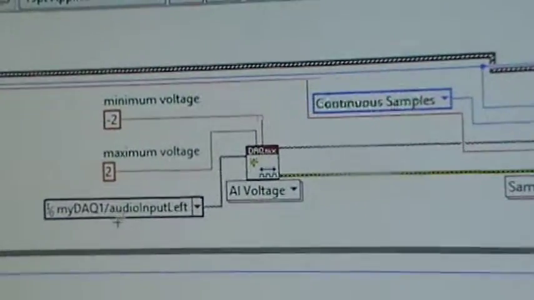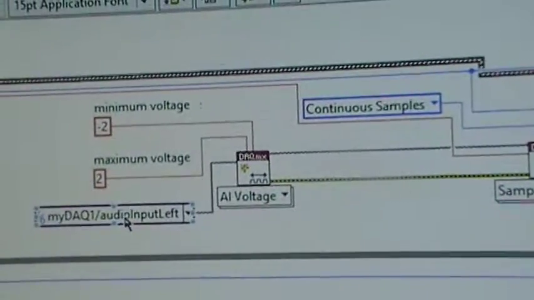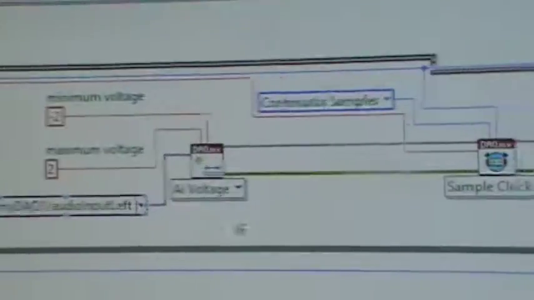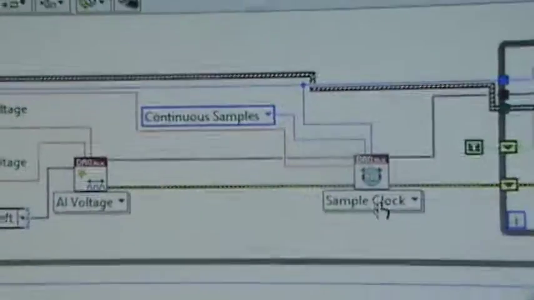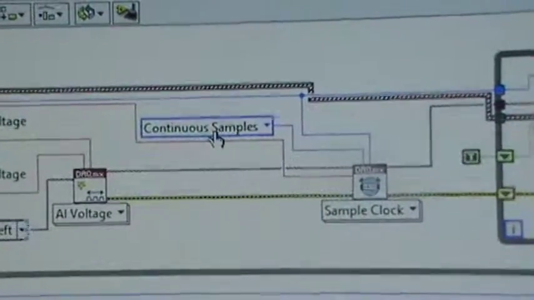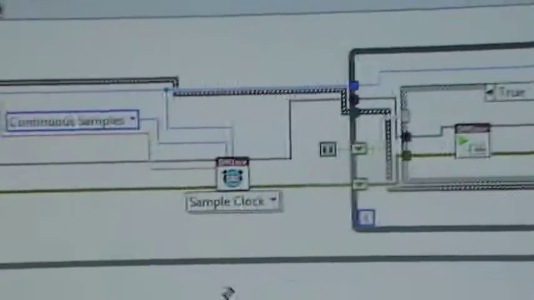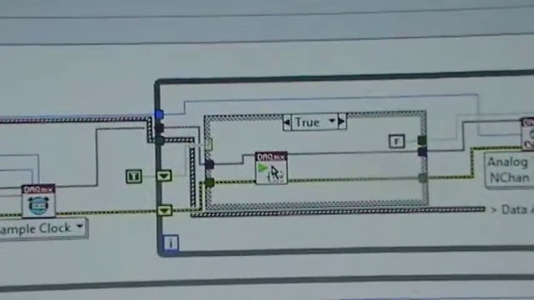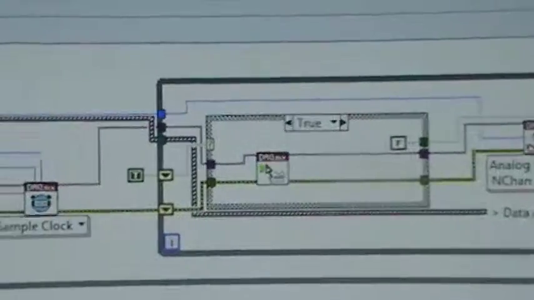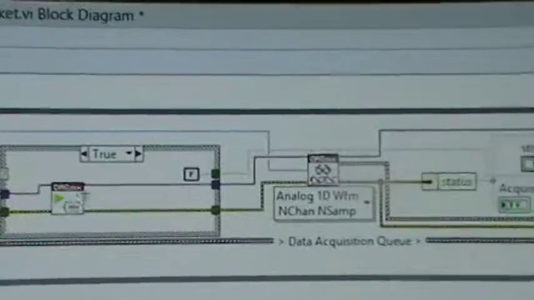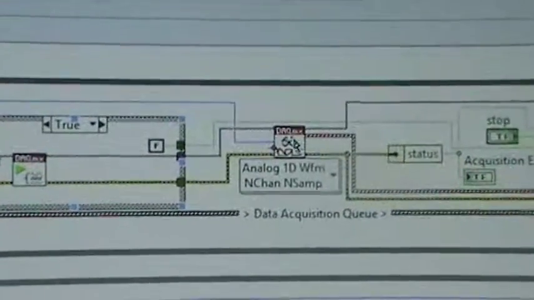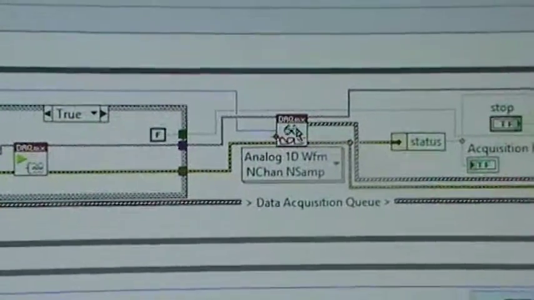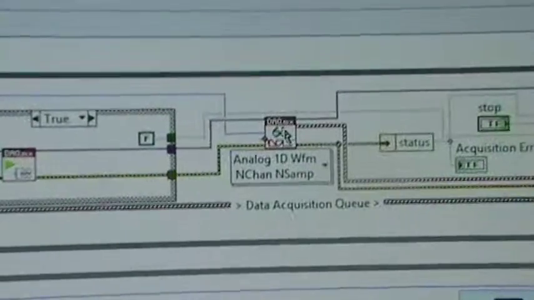We set the input as an audio input, and we're taking the left channel only because we're running a mono setup. From there, we set a sample clock. The sample clock we set to continuous samples, and all of that gets put into a DAQ Start Task. From the DAQ Start Task, if it's working correctly, which it was at the time, it goes into a DAQ Read. This DAQ Read puts the signal and all of the information into a 1D waveform,